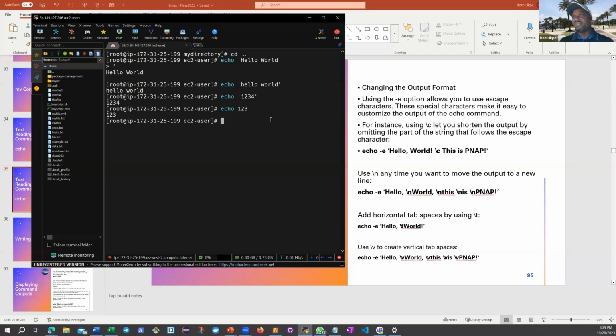For example, you can use the -c option, you can use the -e option. For using a -c option, okay, let's start with the -e option. Using the -e option allows you to use escape characters. These special characters make it easy to customize the output of the echo command. For instance, using a \c lets you shorten the output by omitting the part of the string that follows the escape character. So if you use a -c option, here, use the -e and \c, the only thing that you